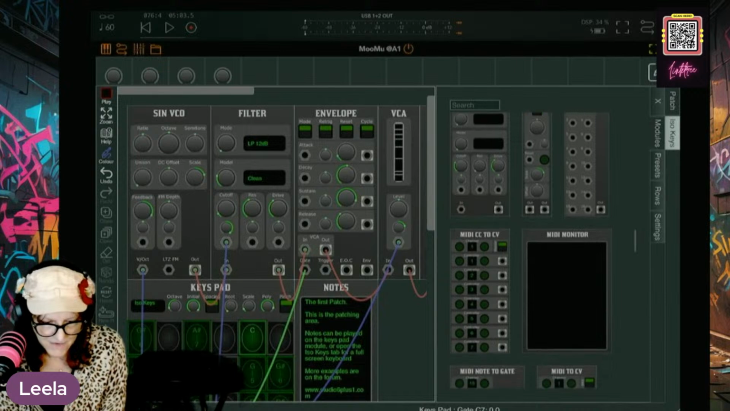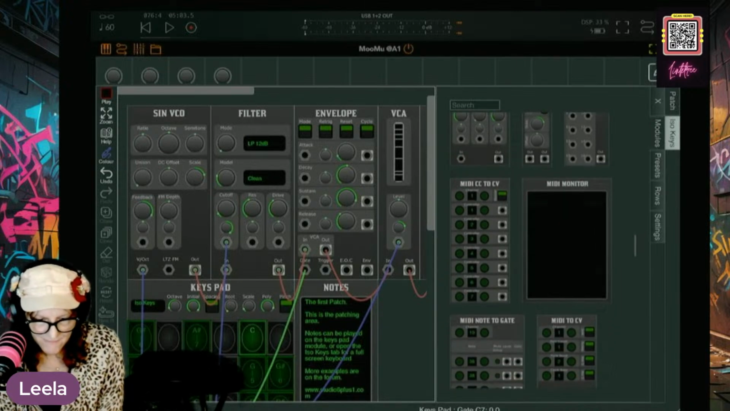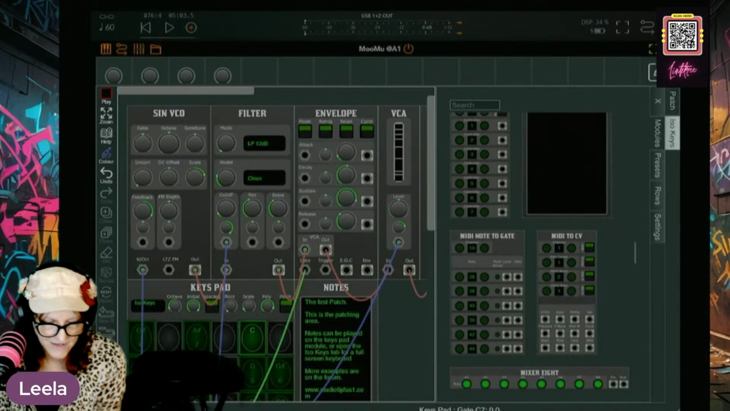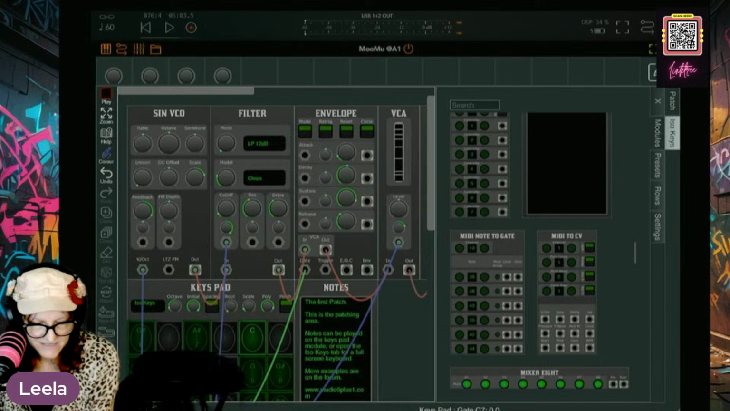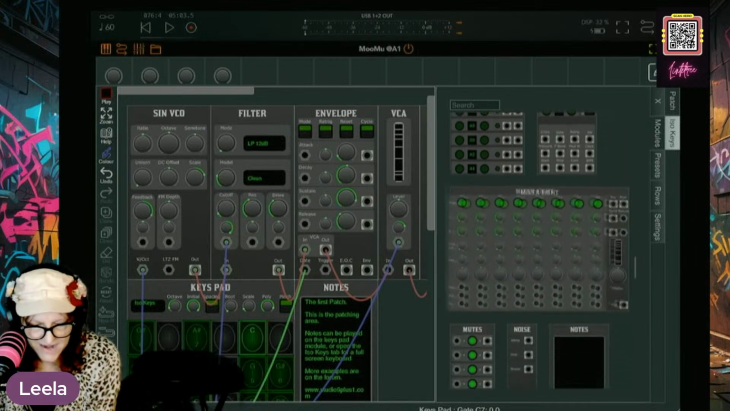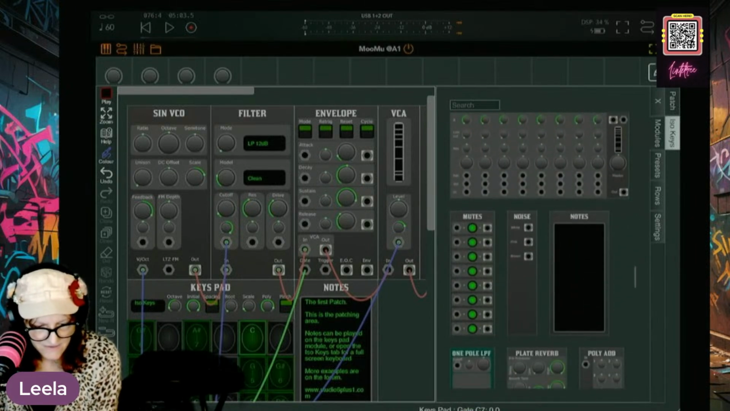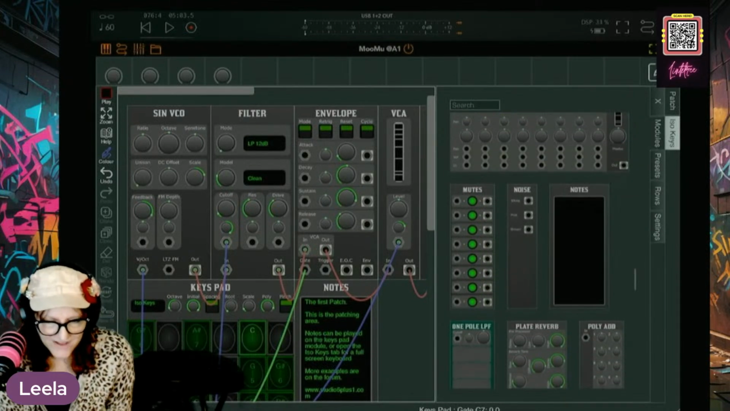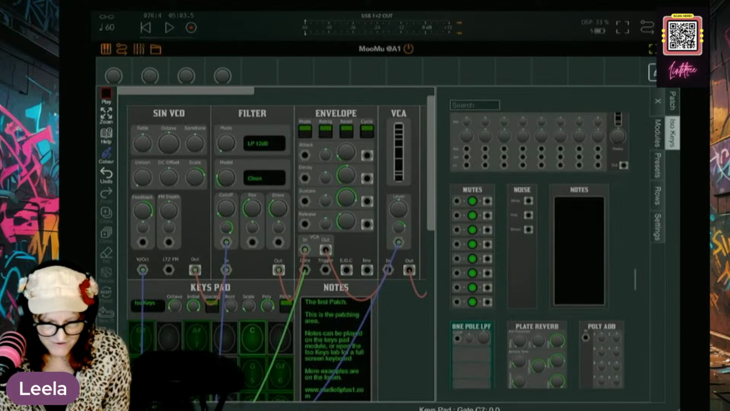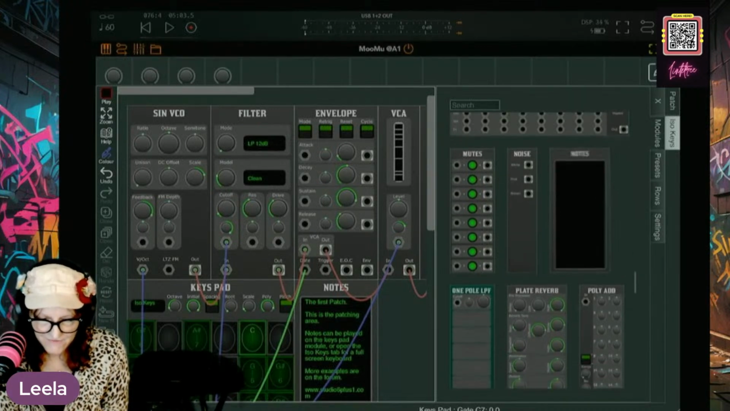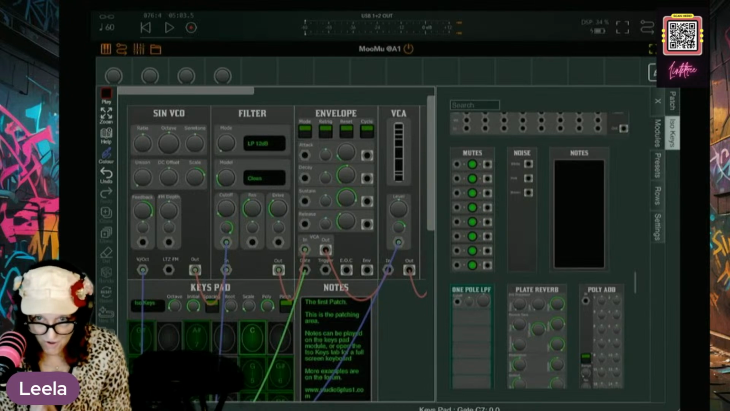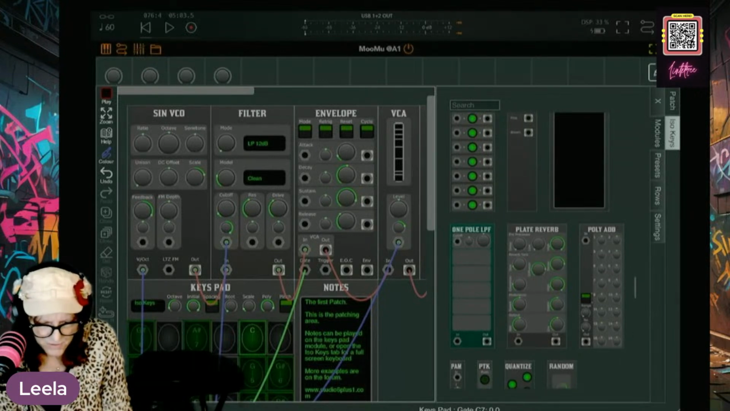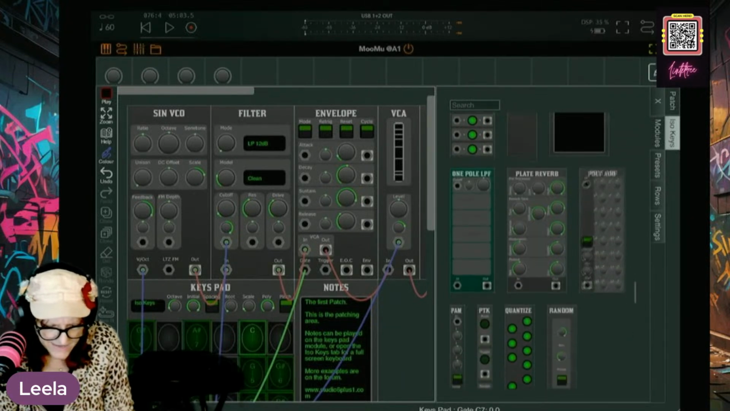merge, MIDI CC to CV, MIDI monitor. MIDI monitor could be super interesting and useful for all kinds of things. MIDI note to gate, MIDI to CV, mixer 8, mutes. So they could just hop in and mute. Hey now, noise. There's just a noise generator. There's notes, like to write notes so that you can keep on what you're talking about. A one pole low pass filter, plate reverb, polyad,